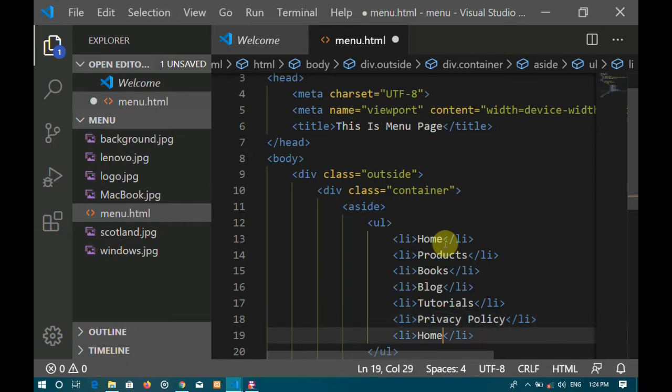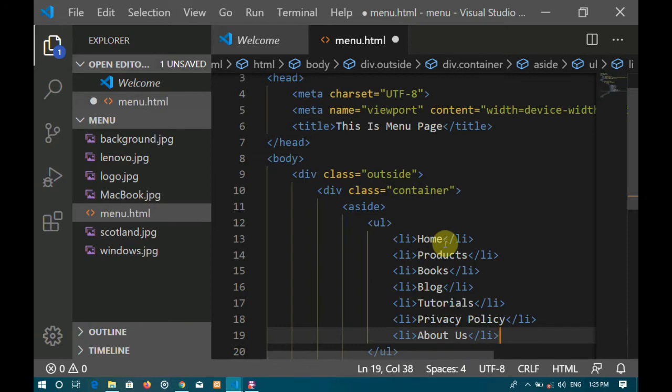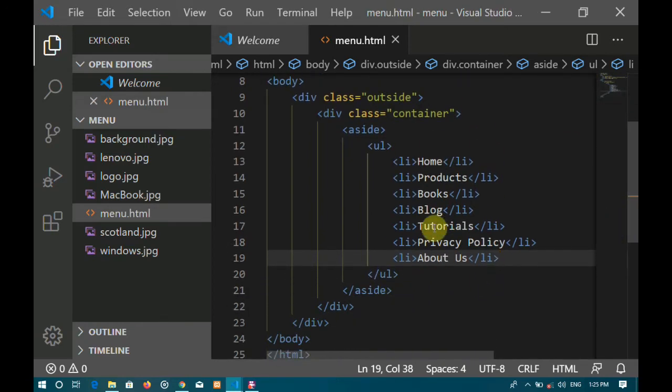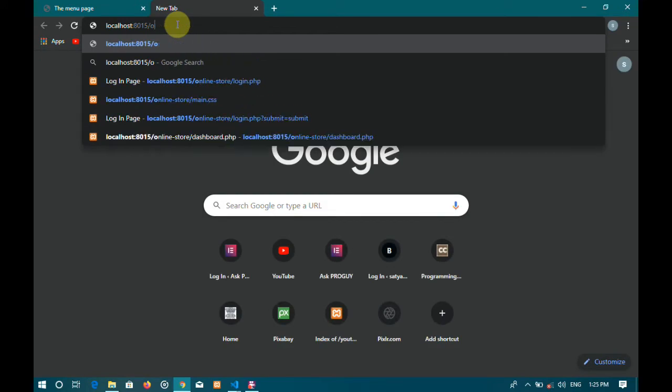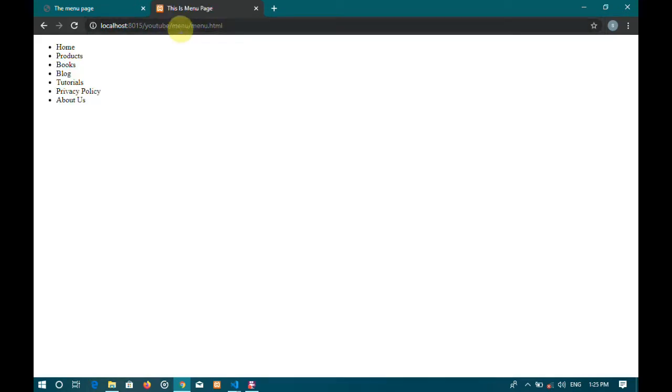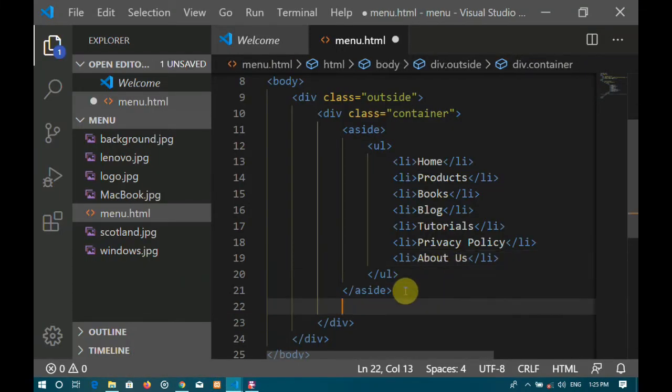So that's what I will be writing basically, and you can convert them into links, basically clickable links to connect to different pages. Okay, so let me just come here and refresh and see how it looks. I'm using Xampp server. Okay, now as you can see here it is completely normal unordered list, nothing special there. Now I'm gonna insert an image.